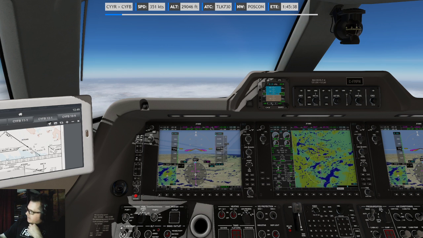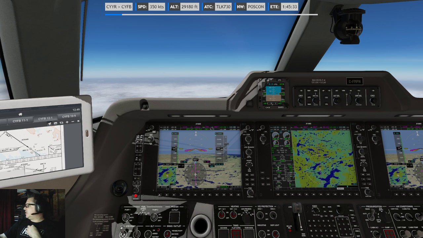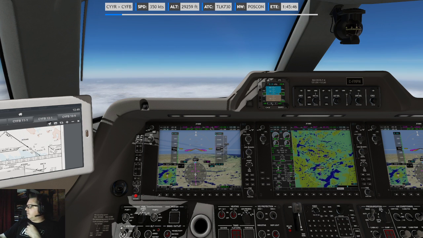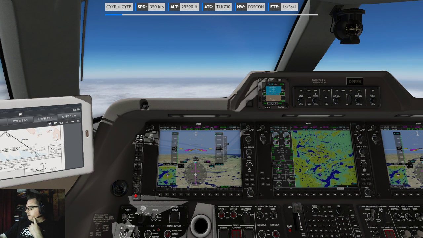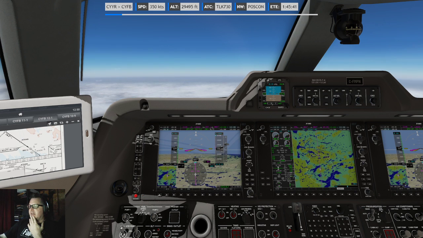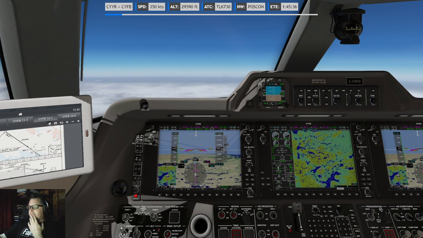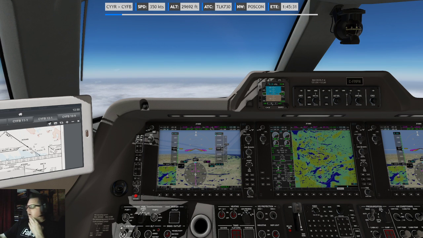So depending on what the weather is, we'll be using either the RNAV 16 or we can do the ILS 34. Or do a mix of both and still be tuned in to the ILS and then land the RNAV.